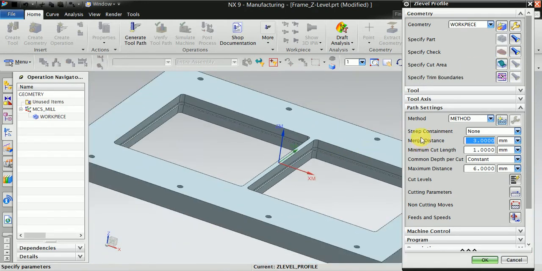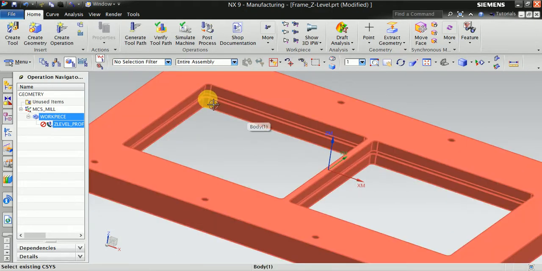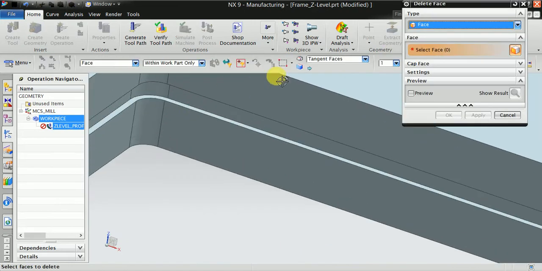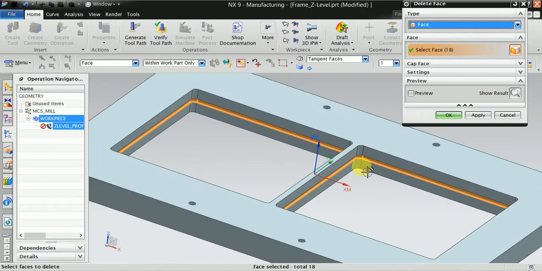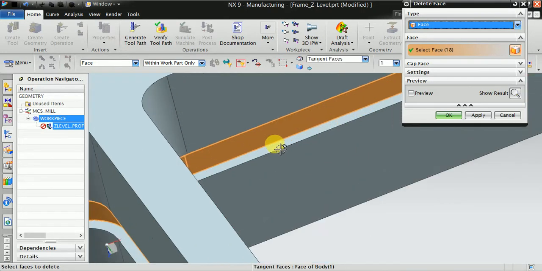Now first of all we delete this slot tangent face. Select this face and now delete.